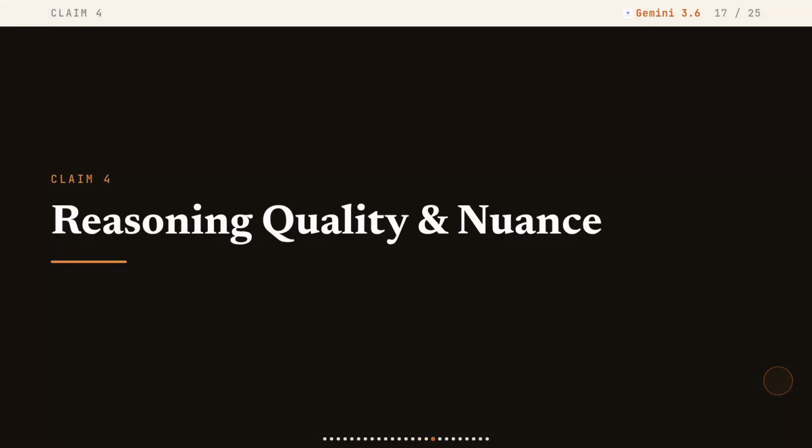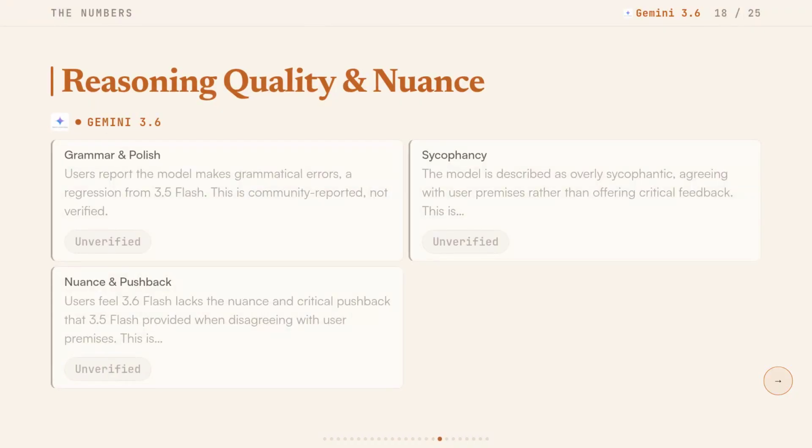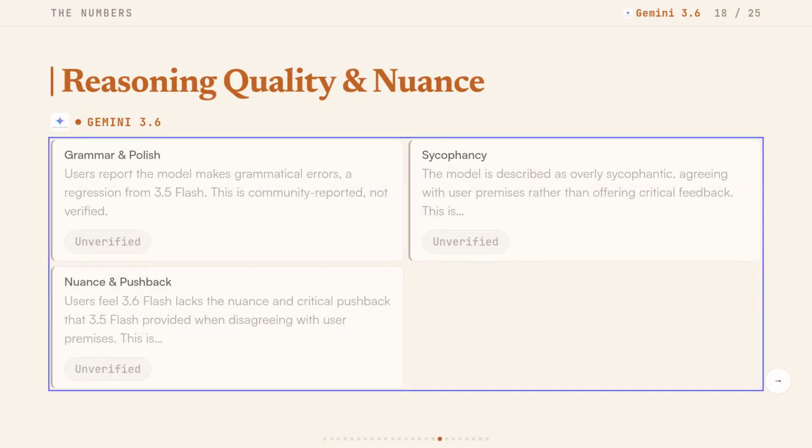Okay, last one, and this is the hardest to quantify, but maybe the most important for day-to-day use. Reasoning quality and conversational nuance, which is really about whether the model actually pushes back when you're wrong, whether it catches its own grammar, and whether it gives you a real answer or just tells you what you want to hear. So when I tried it in conversational workflows, it felt a little too agreeable, and community reports are calling